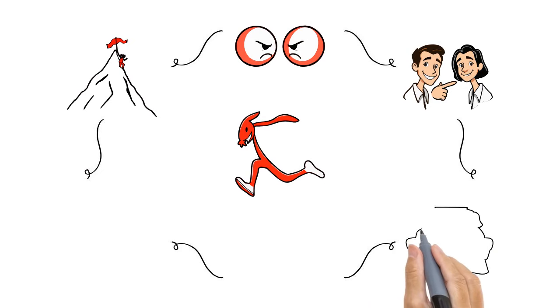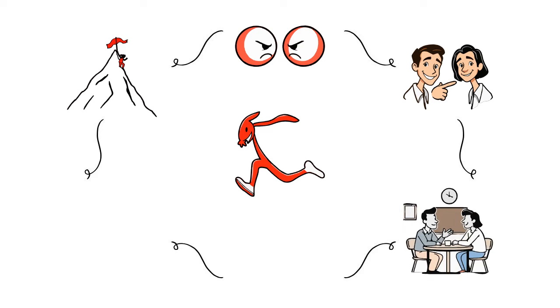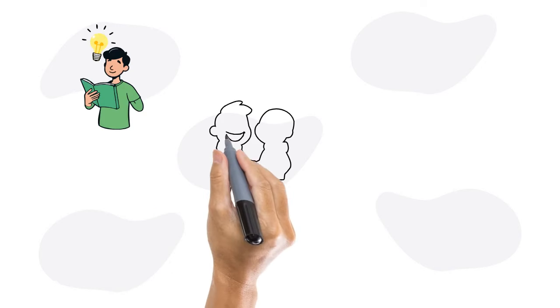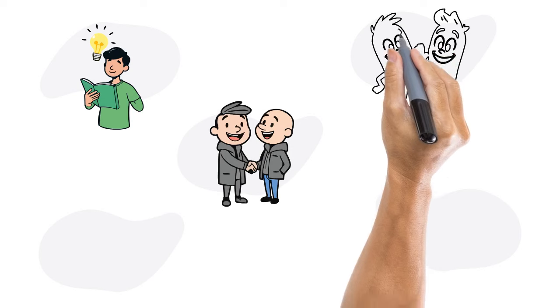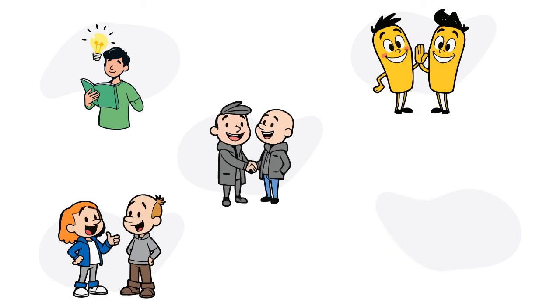When talking to Reds, being concise and getting straight to the point is key, as they value time and efficiency. Yellow personalities are the life of the party. They are sociable, expressive, and thrive on making connections with others. Yellows are often quite creative and enjoy sharing ideas and stories. They can be very persuasive and are generally optimistic. When interacting with yellows, engaging in enthusiastic and energetic conversations will appeal to them, as they prefer a friendly and